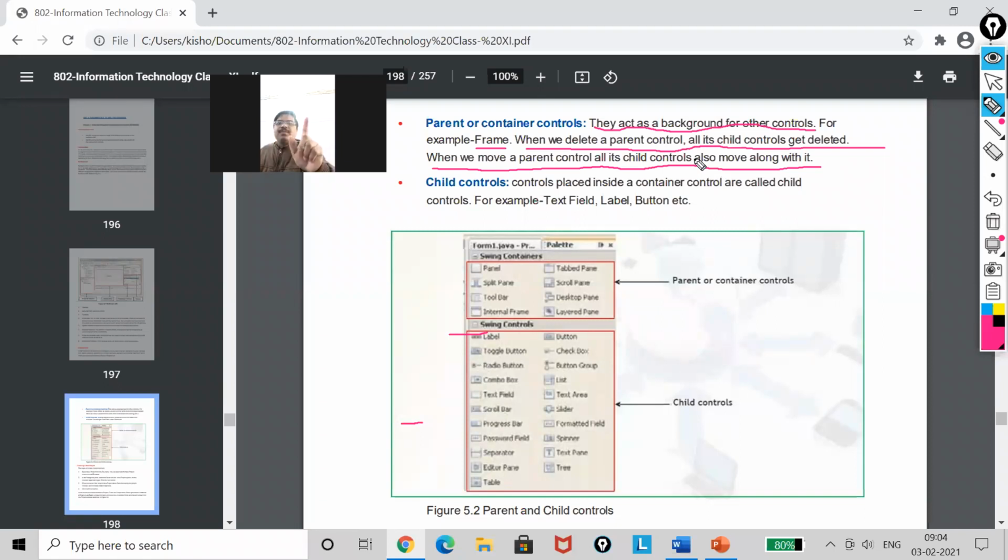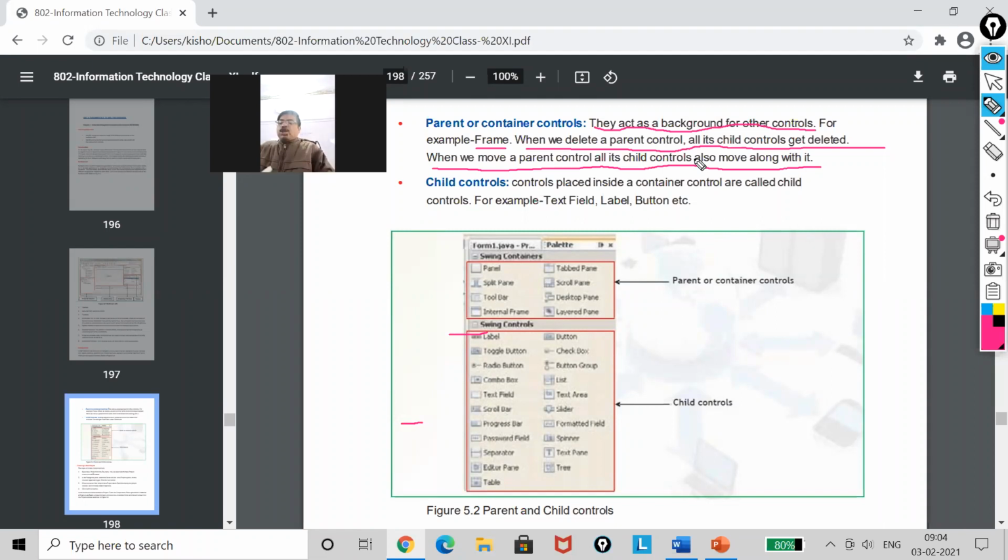No. Just before that, I showed you a form where I had entered your name and then a text box. If I delete my label box, will my form also be deleted? No. So actually, this is the main difference between your file and folder. Same way here also. If you have your parent control and you have a child control inside, moving the parent control means you are going to move your child control also.